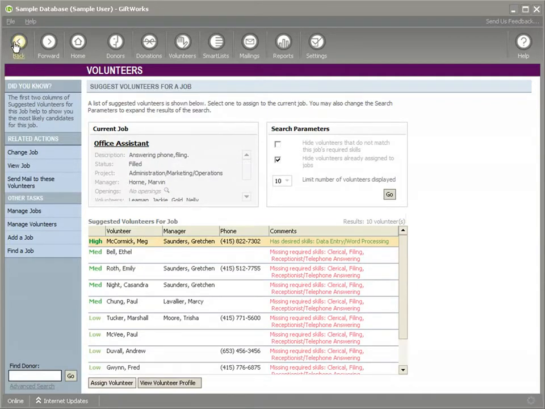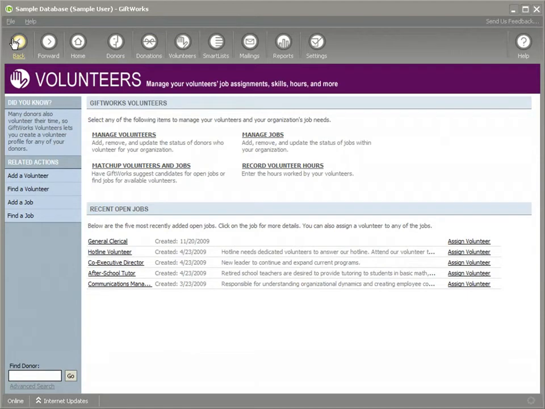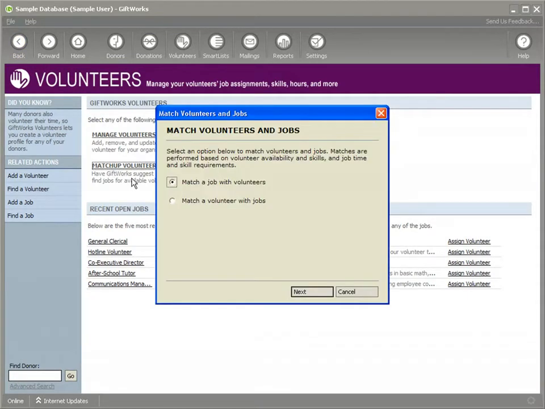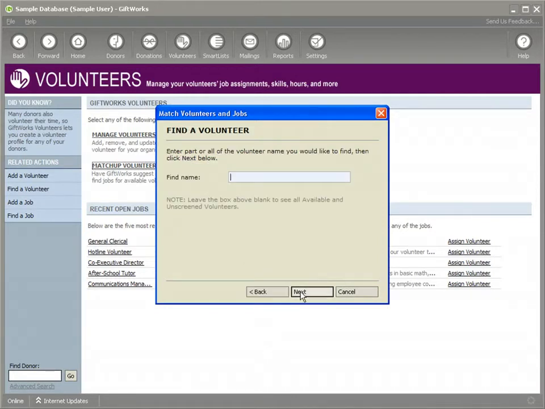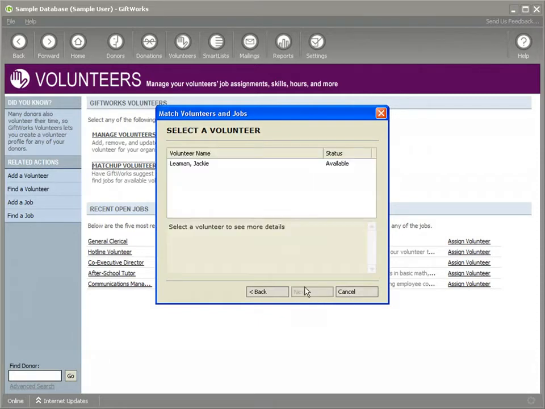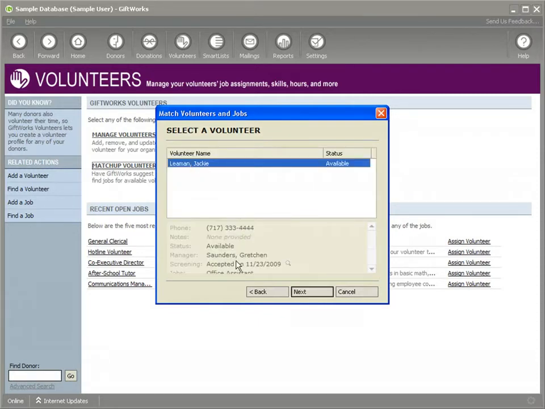Let's look at it from a different perspective. Let's look at it from the volunteer perspective. So let me go to match up volunteers and jobs again. Let me select this option, match up volunteer with jobs, and we'll pick Jackie, who we set up in the prior videos. Again, you can select this and review